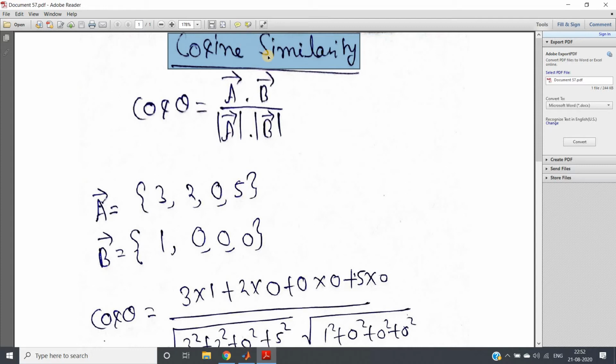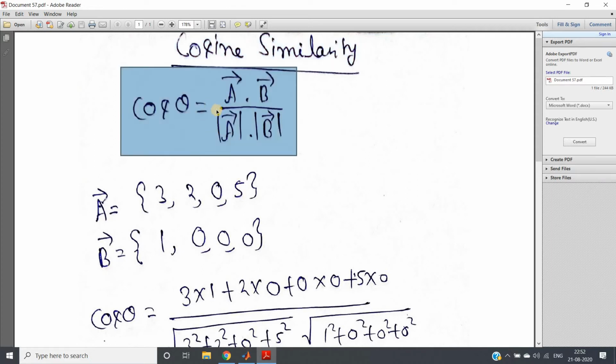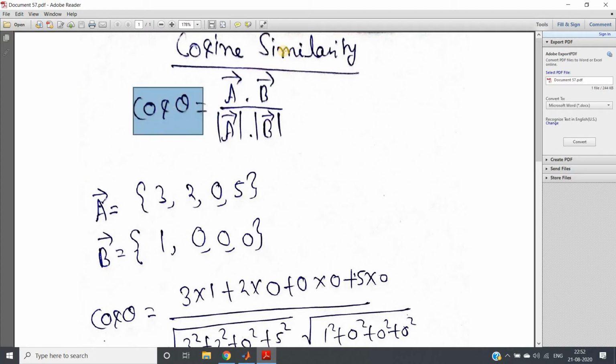Cosine similarity, this topic I thought to cover simultaneously with correlation, because this is also used to measure similarity between two datasets. Now to understand this, you need to recall the concept of vector, whatever you have studied in your class 11 physics course. In the beginning we have studied vector module, right? And there we have seen this particular powerful formula: cos theta equal to a vector dot b vector by mod of a vector multiplied by mod of b vector. This is nothing but the angle between two vectors, a vector and b vector. So this is basically the central formula for cosine similarity.